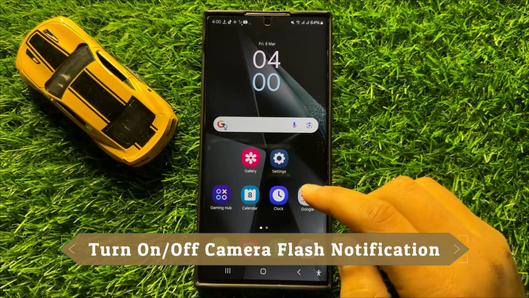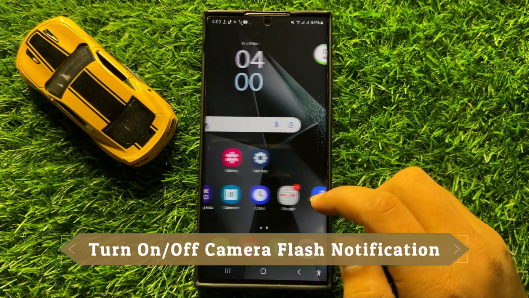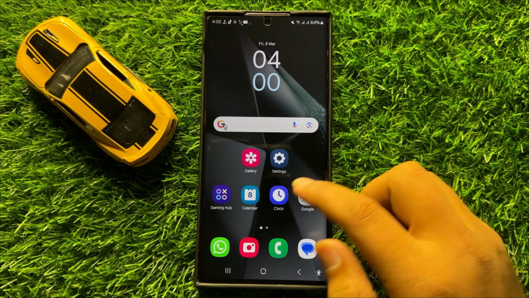Hello everyone, in this video I will show you how to turn on or turn off camera flash notifications in